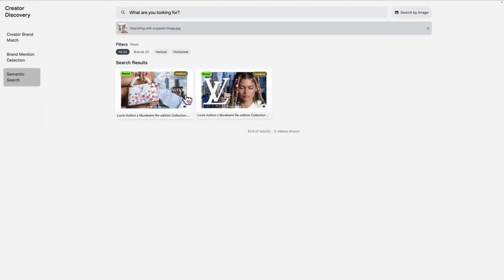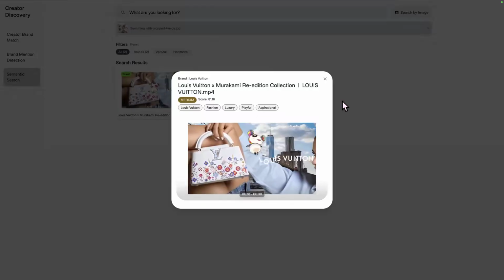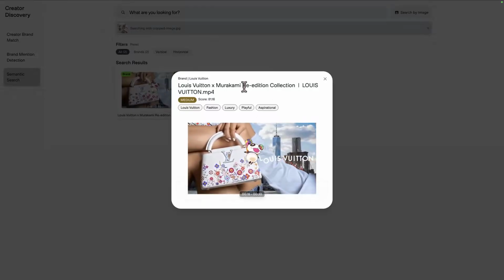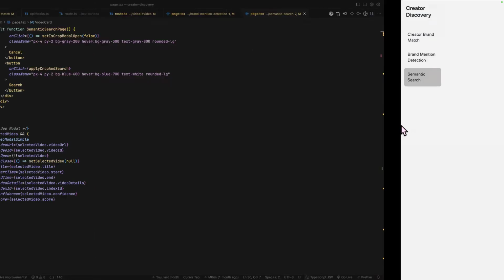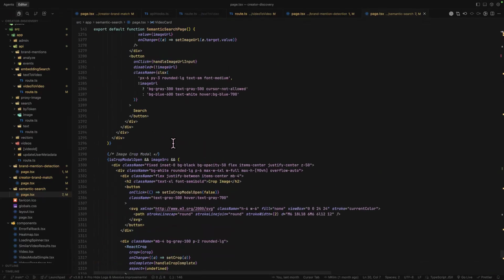Then the search results are showing. And again, if you click the result, then you will see more details like score and some automatically generated metadata of this video. So if we go to the code part,